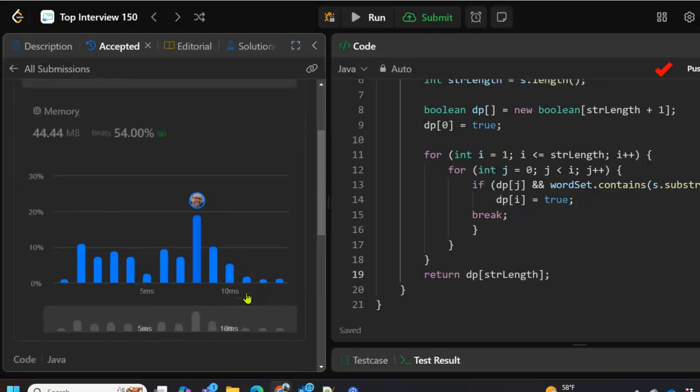Okay. See, that's a little disappointing. I've seen that a couple times now where, yeah, okay, so here's our time right here. This is the most common runtime, but there are a number of faster runtimes.